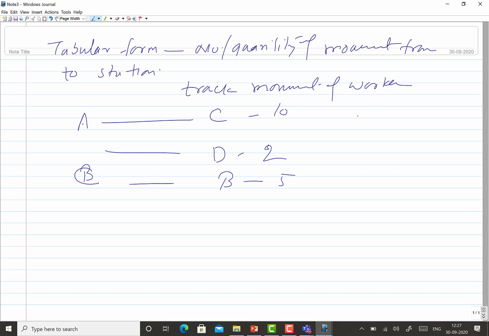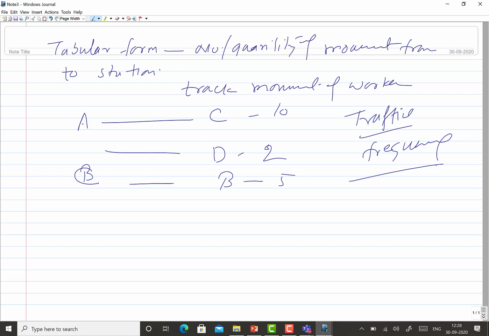Wherever the traffic or frequency of movement is high, efforts are made, based on their location, to bring those stations close to each other so that the extent of movement and the distances to be traveled can be reduced.